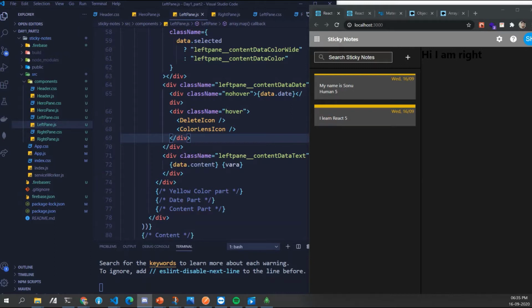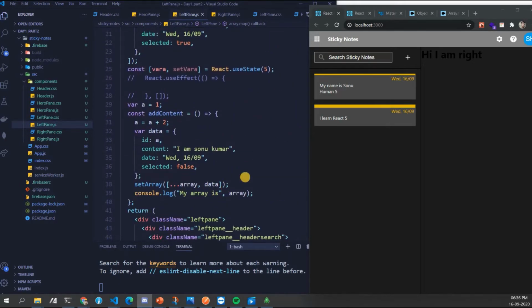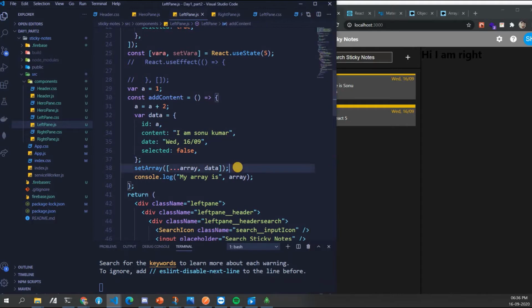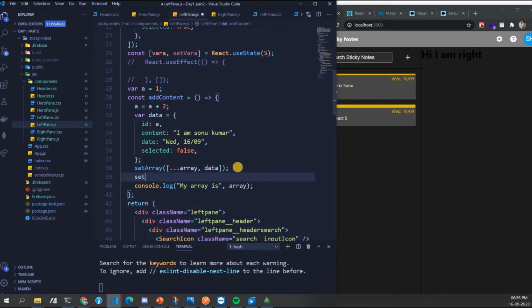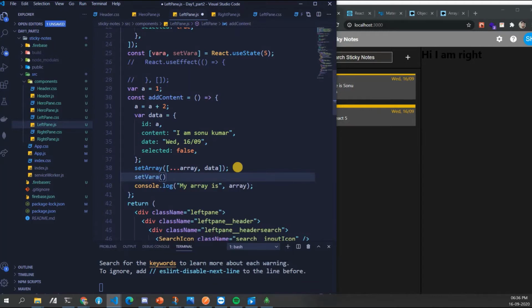Okay, 5 is here, 5 is here. If we want to change this value also, we add a plus button. Let's do this: set var a as a. Whatever the value of a is, it is going to change to that value. Now let's see.